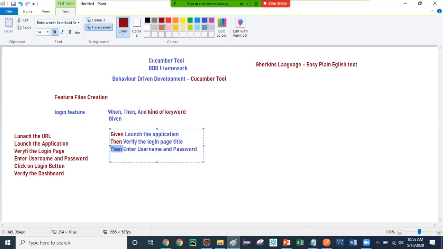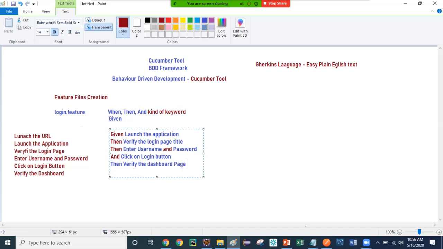Then is again a keyword of the Gherkin language, and And is also a keyword. I can also have And click on login button here. That means you are utilizing the same things. Then verify the dashboard page.